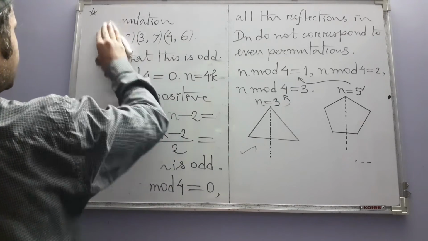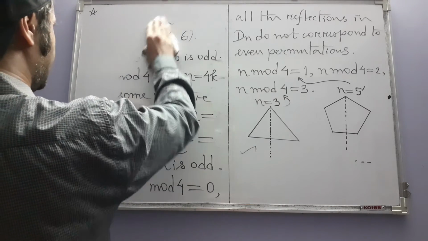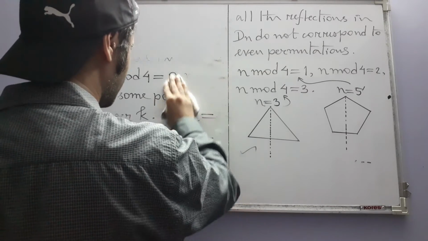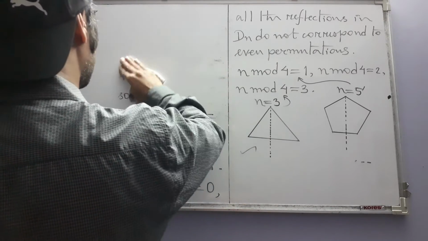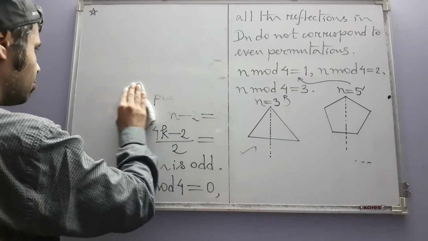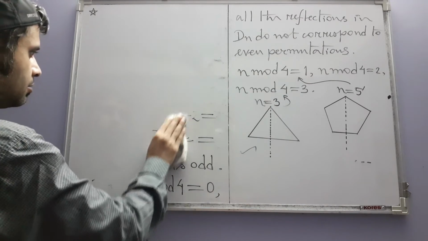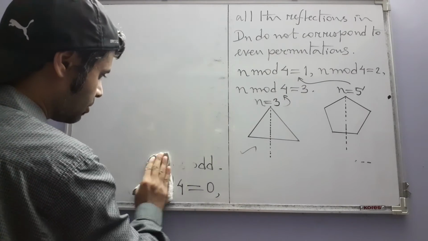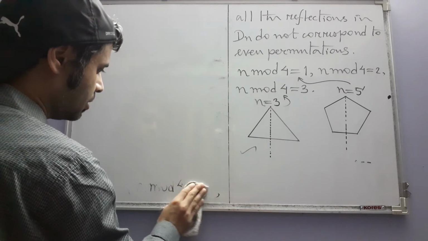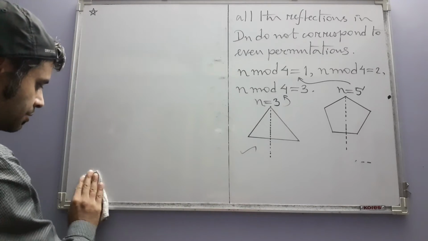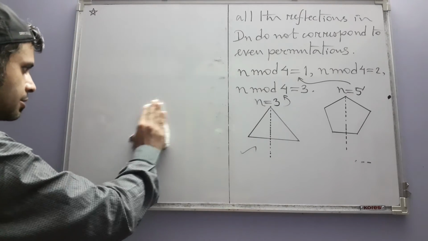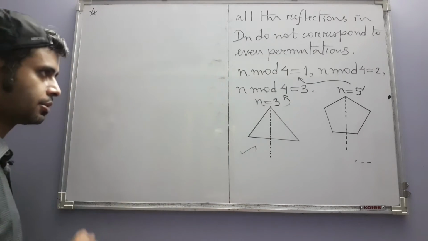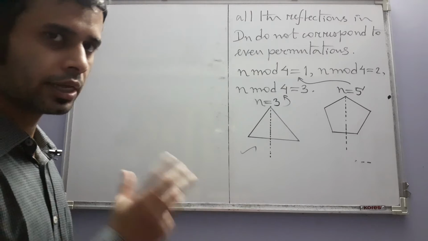You just have to keep in mind that when n is even, when the number of vertices of your regular n-gon is even, then you will find two vertices which are the farthest in your n-gon, and the reflection above the axis which passes through those two vertices is a reflection using which you can generate the other reflections. Whereas when your n is odd,